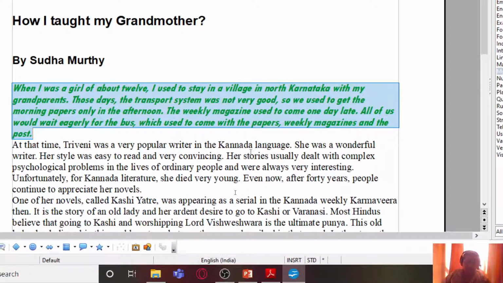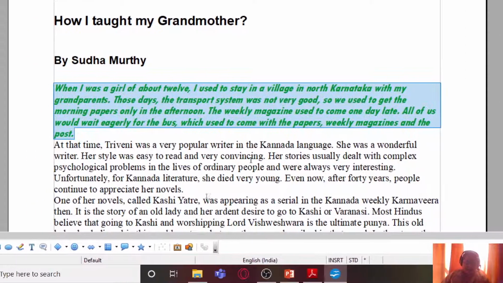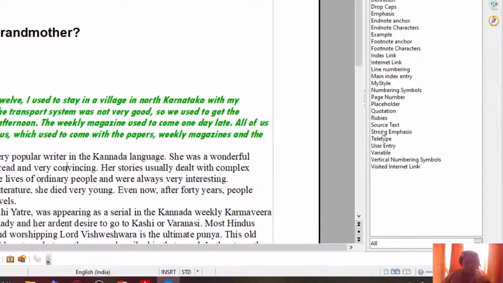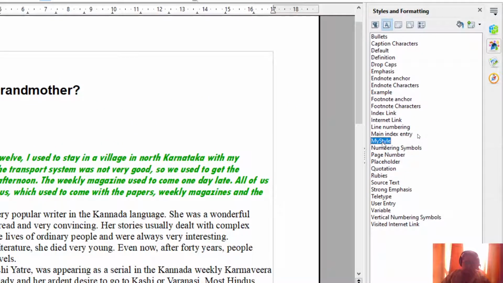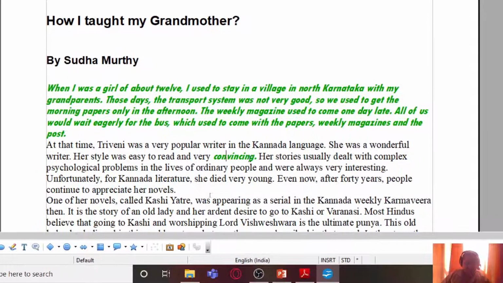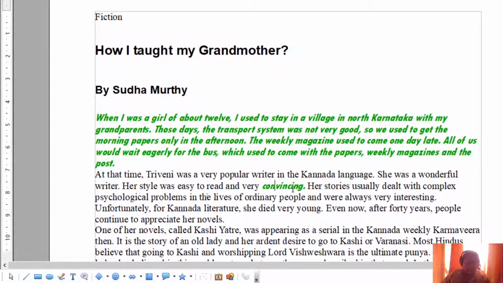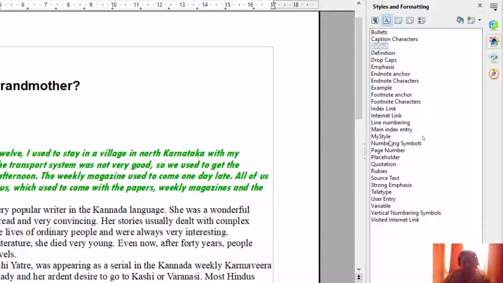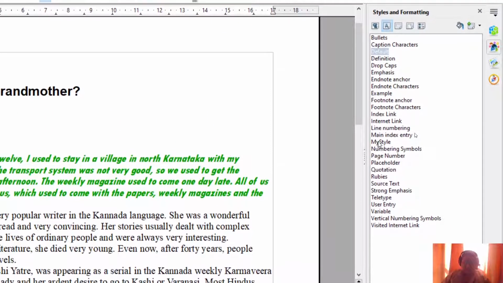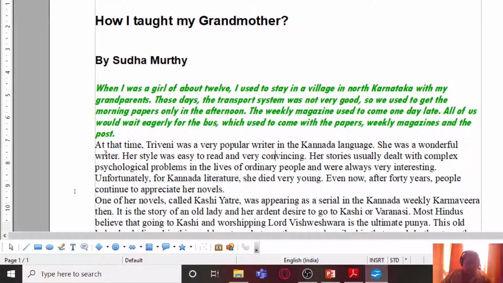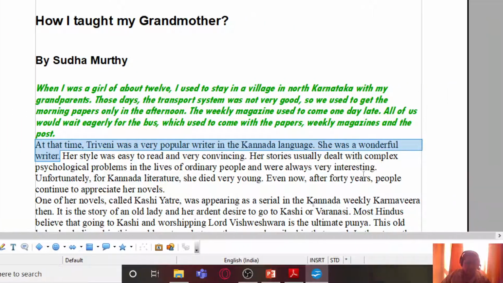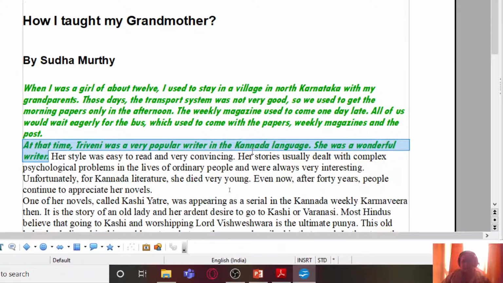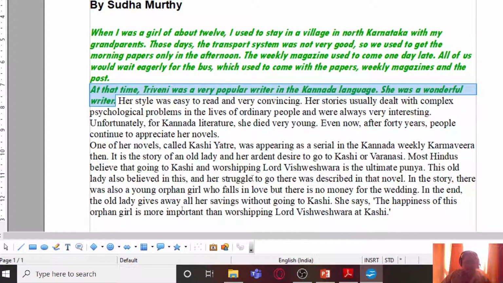Let me see if it works properly on the other paragraphs or not. So I have clicked on this. I have just placed my cursor on the second paragraph. Now I'm going to double click on my style and you can see that it is applied but only on a single word. Sorry, it is single word because this is character style. So here if I just select a few characters and I click on my style, it gets applied on the selected characters. So this was character style.